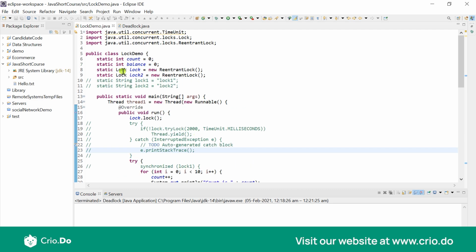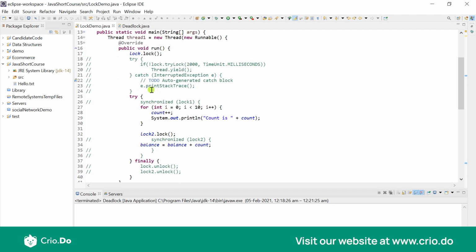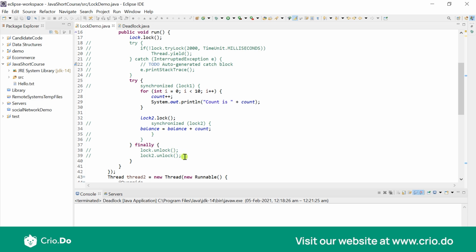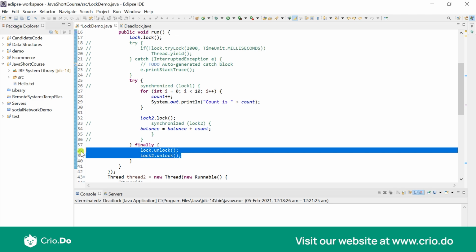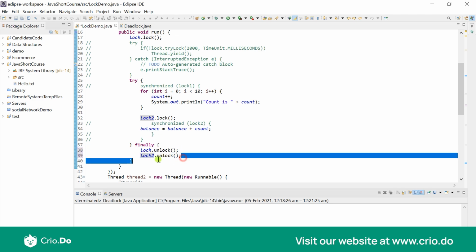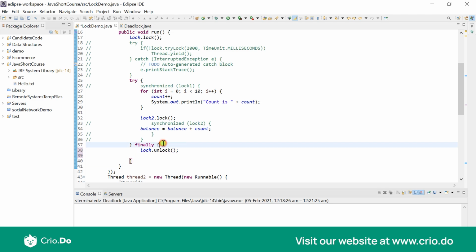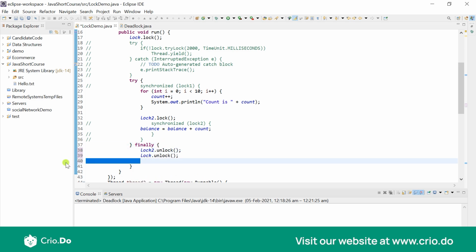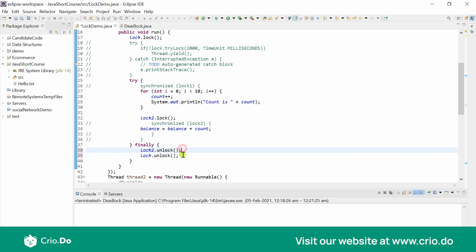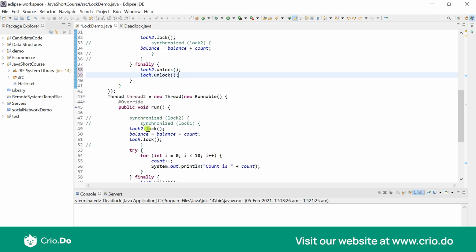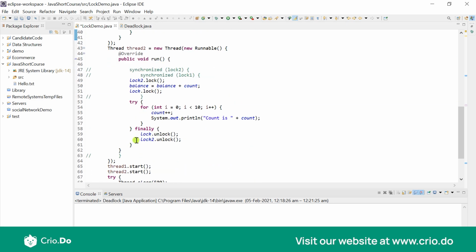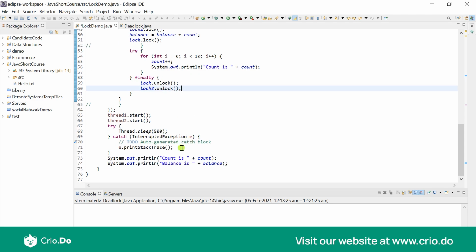So, all right, in this particular lecture, we saw how we could use reentrant locks. We have lock and lock 2. First, we acquire the particular lock, try to work on count. Then we try to acquire lock 2. And then we relieve both lock 2 and lock. So the order should be like this. First lock 2 would get unlocked and then lock, and then in the other thread I'm trying to lock lock 2 first and then lock, and then first relieve the lock and then lock 2.